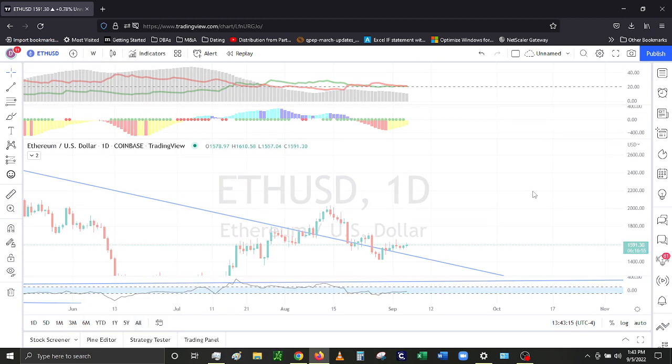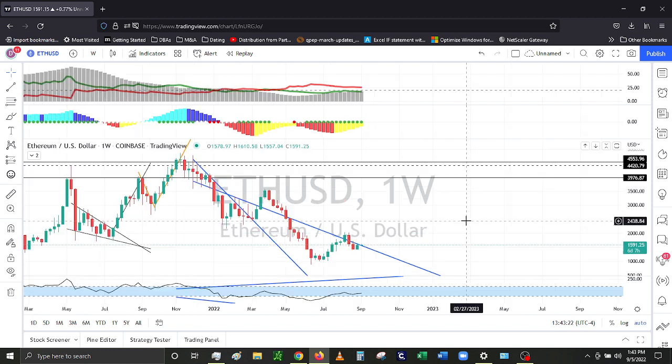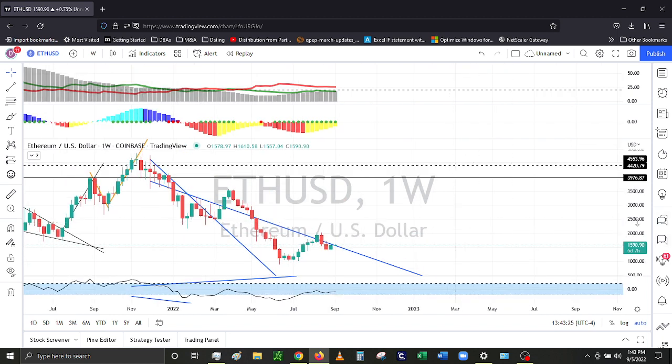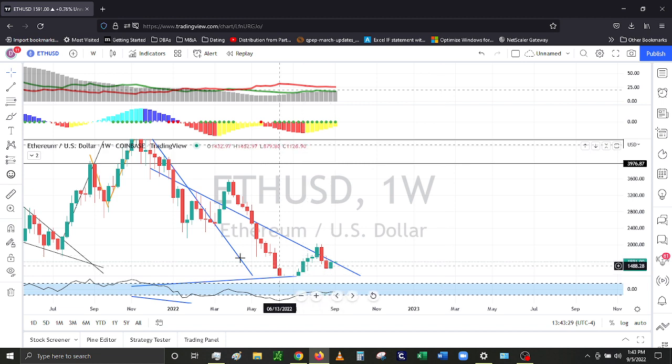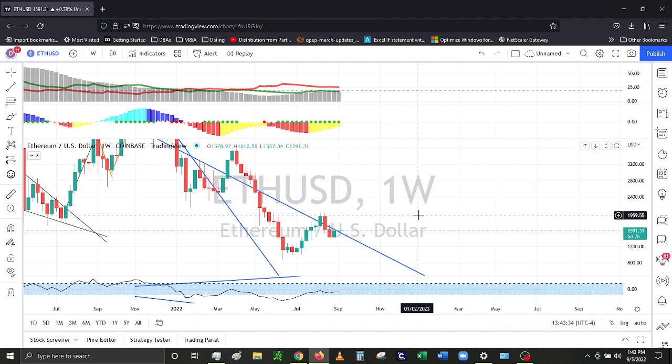The weekly is going to be what I'm going to look at for a really good 2-bar confirmation because it's just hovering over this trend line here barely now. But just take a look at this. On the long-term macro trend, this is blatant that it was not ready to go upside because what I'm looking for is that 2-bar. You got a nice green bar here that closed above the trend line, but then you get a red reversing bar immediately after, and that's not good for an upside move.